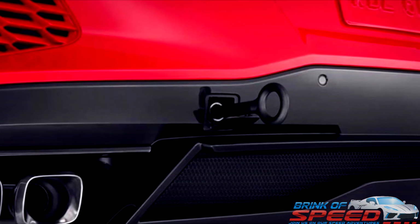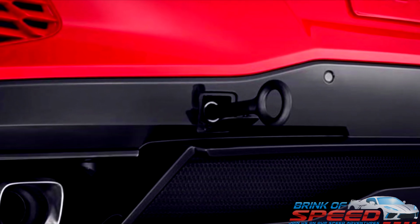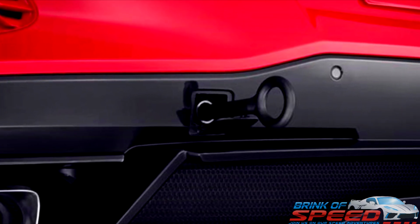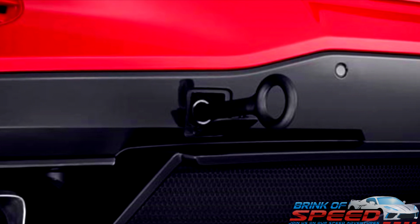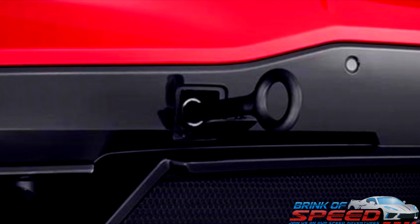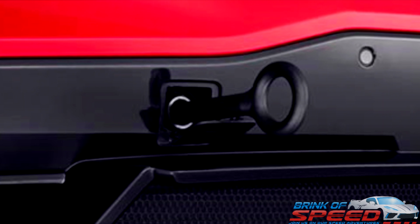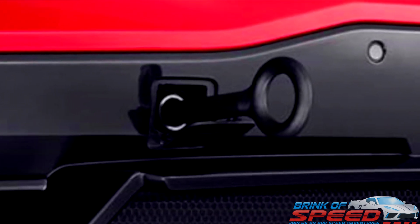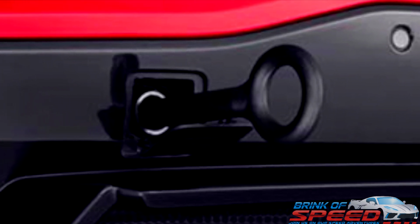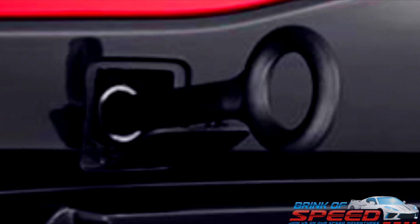Now, the last thing that they've added is a tow hook. The only disappointment that I have here is that they don't have one for the front that I can see. Right now, this picture just shows one for the rear. I think they should have them for both, because the C7 has them for both. And when you see people driving around with like an orange colored tow hook or a red colored tow hook, it actually looks nice, and it gives the Corvette that much more of a racing type look. So just to have it for the rear and it's black doesn't do much as far as aesthetics go,